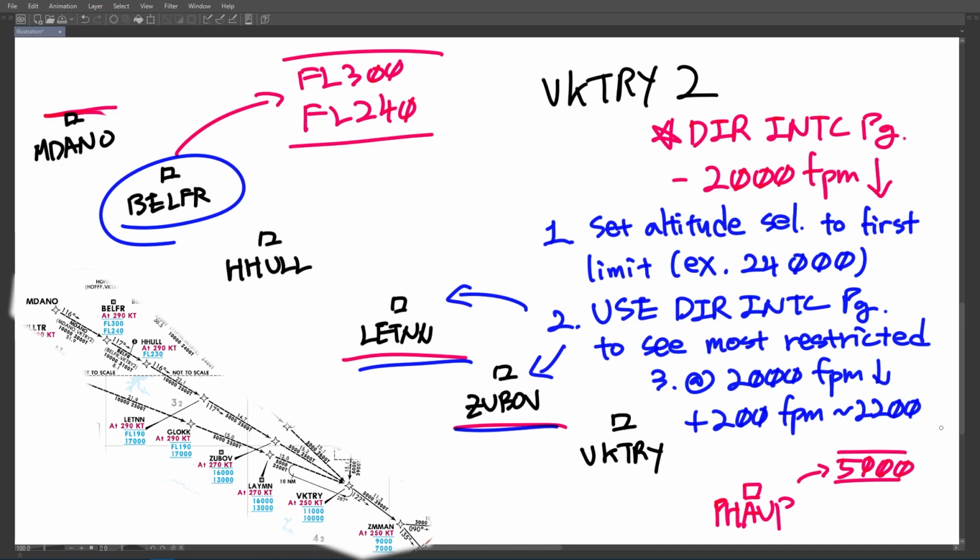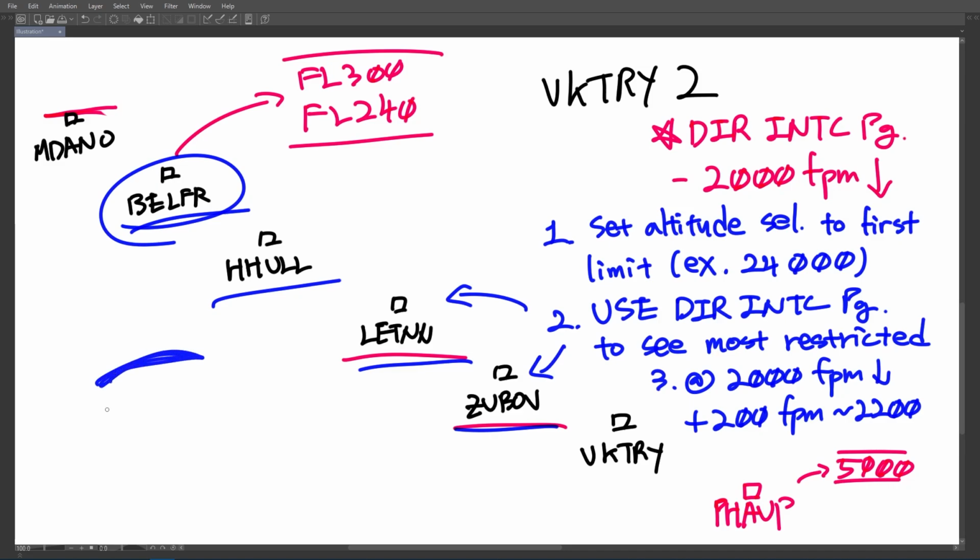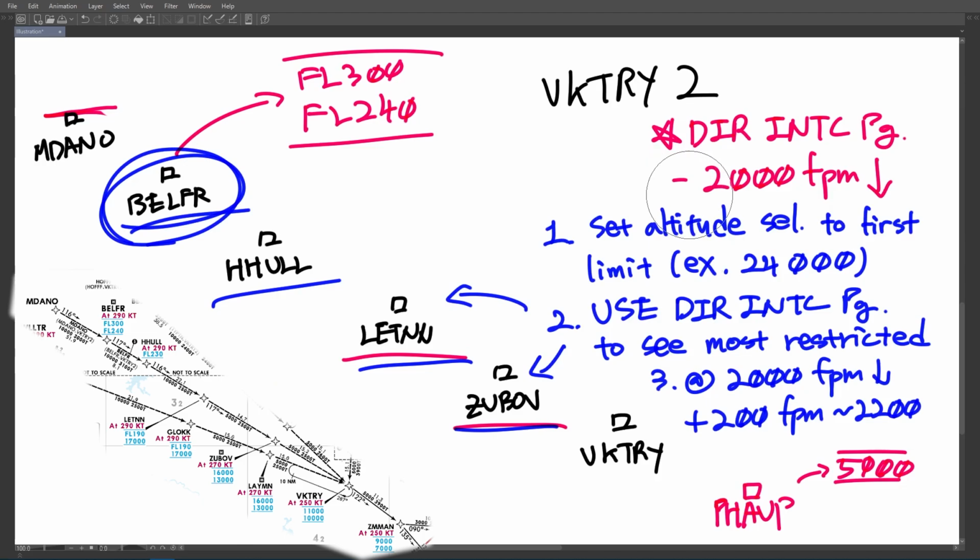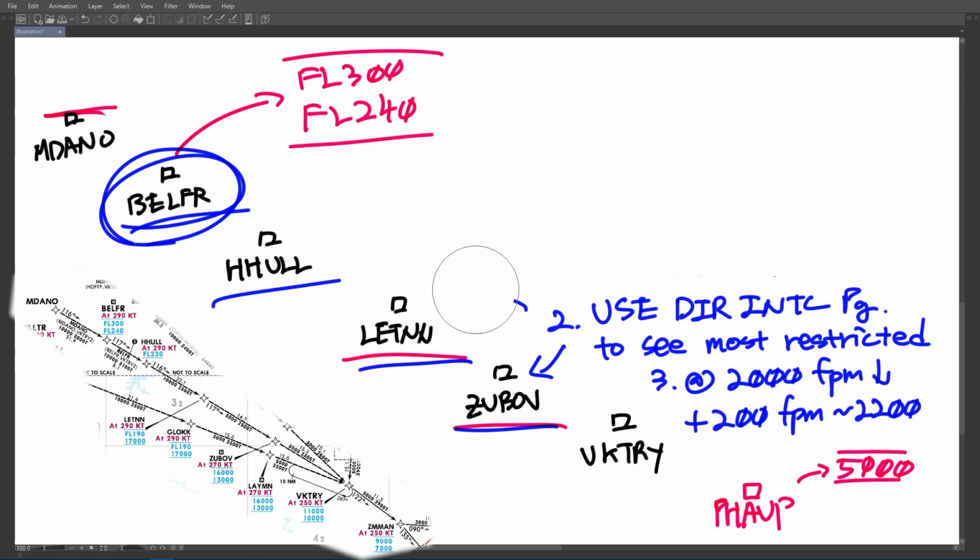The other reason is we just want to be safe, right? We want to make sure that we can cross either Belfer or Hall within the given airspeed or altitude limit. So you initially start at 2,200 feet per minute, and then you're looking at the banana, the range to altitude. As long as the range to altitude is behind whatever waypoint you're trying to go to, then you know you are well within the restriction. So to give you what I am trying to say,